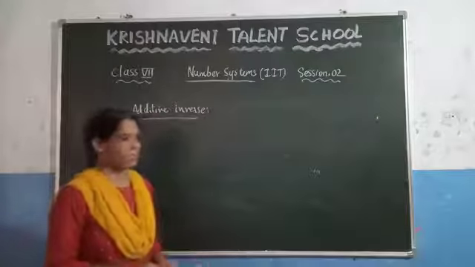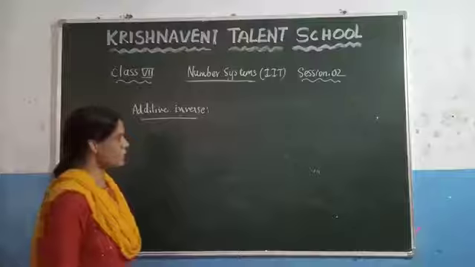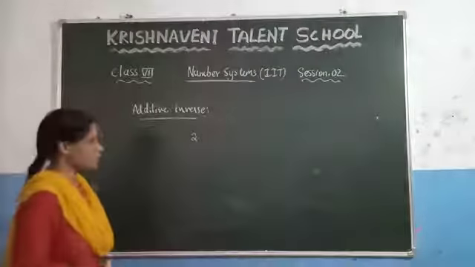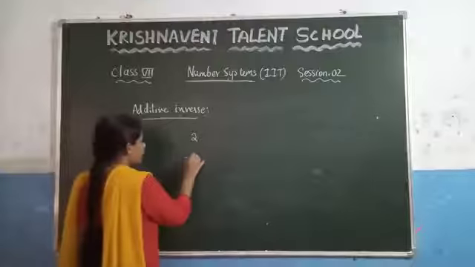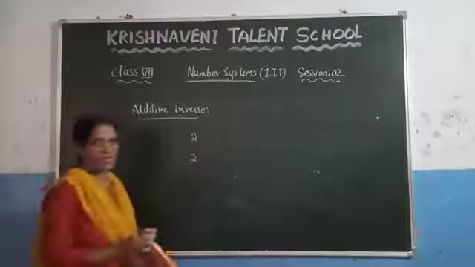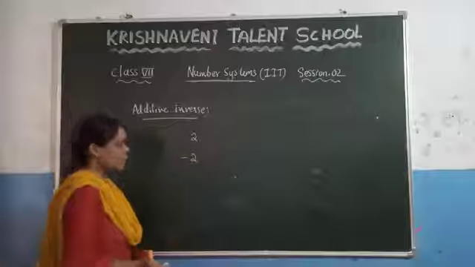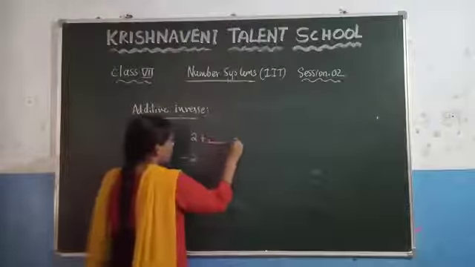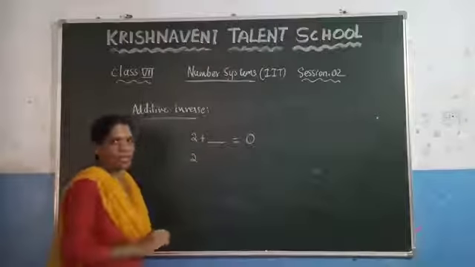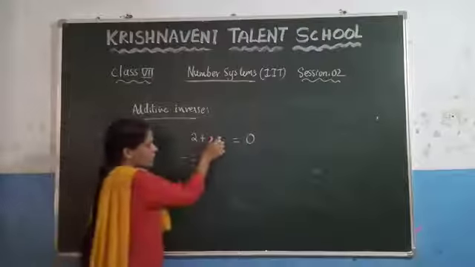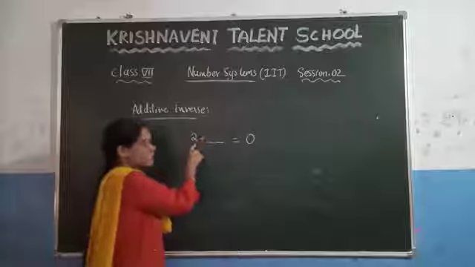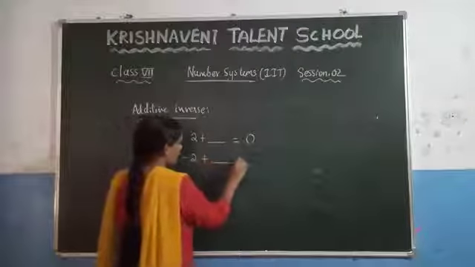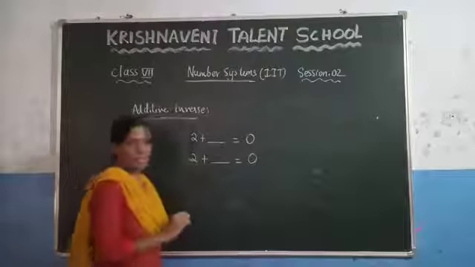Additive inverse is nothing but if you consider any integer. So here let us consider 2 and let us consider -2, which is a positive integer and which is a negative integer. And here additive inverse, what the additive inverse says here, you need to add one number such that you have to get the result as 0. And which number we are adding here, that number will be the additive inverse of the given number. Similarly here also we need to add one number such that you have to get the result as 0.